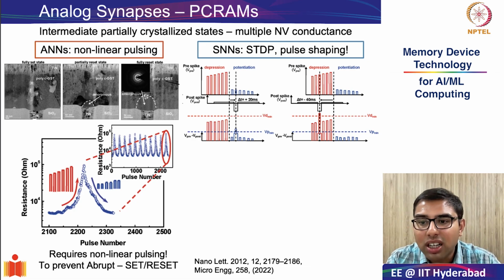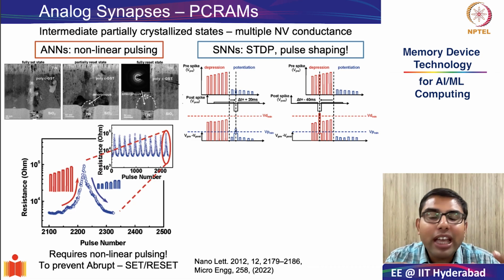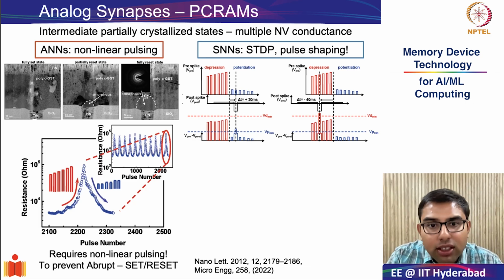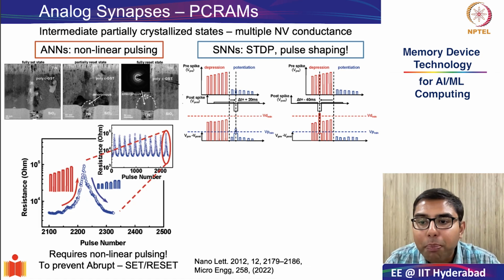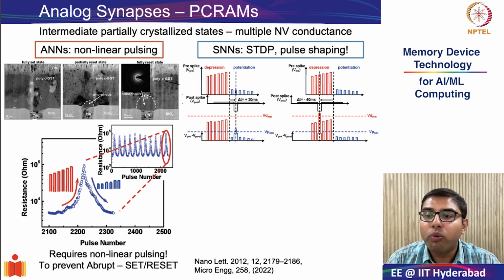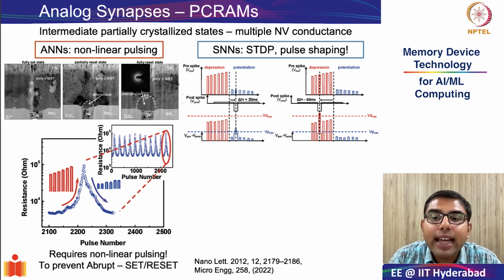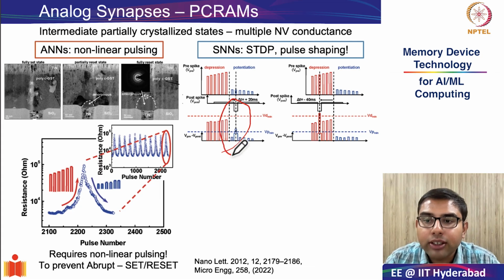And here again, the device has no intrinsic sense of time and the learning behavior is induced through pulse shaping. As you can see in the top two panels on the right hand side, the pre and post synaptic spikes are converted into continuous voltage waveforms that overlap differently depending on their timing difference. If the pre-spike arrives before the post-spike, as you can see over here, the net result is that the overlap